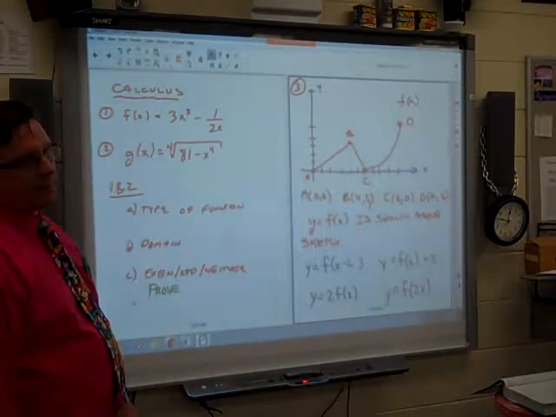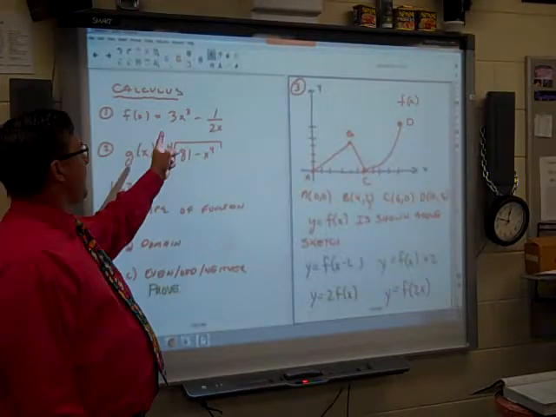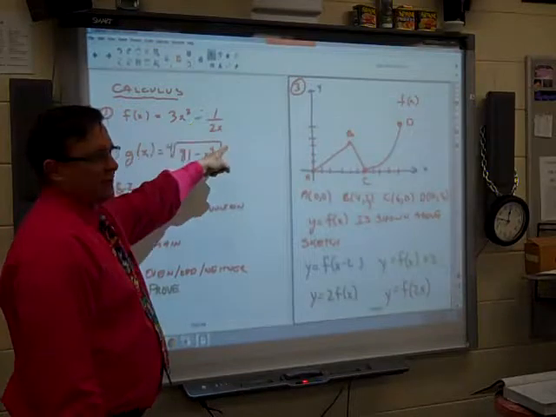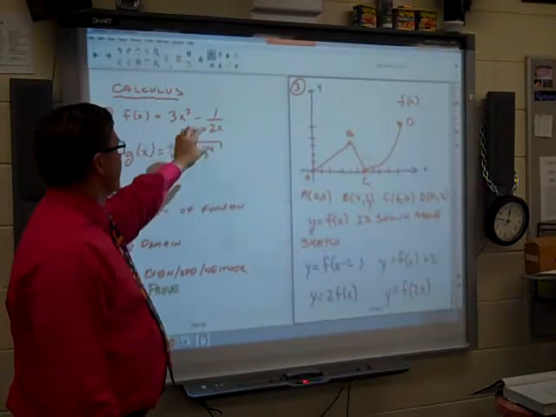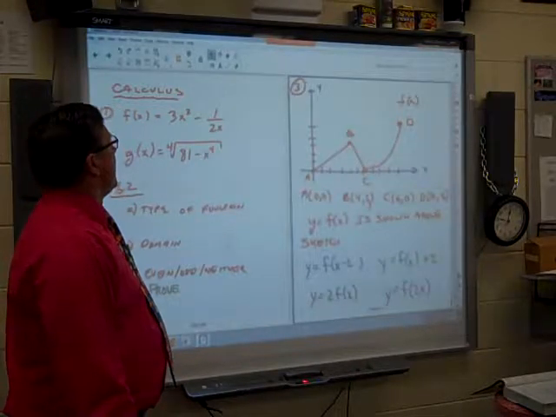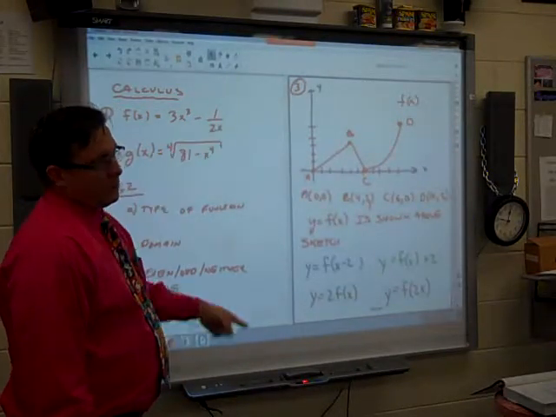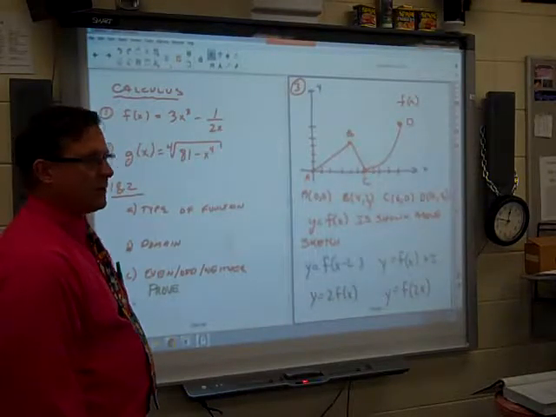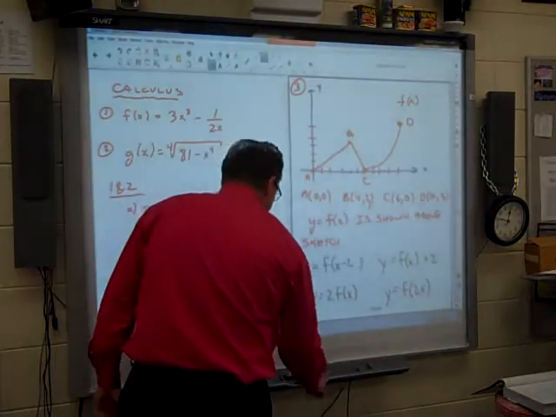When I look at number 1, I see what I might call a composite function. I see f of x plus g of x, or f of x minus g of x. I see a polynomial, a power, 3x cubed, right? And I see a rational, 1 over 2x. So I would take that this is some sort of algebraic or composite function. But everybody, if you find a common denominator,